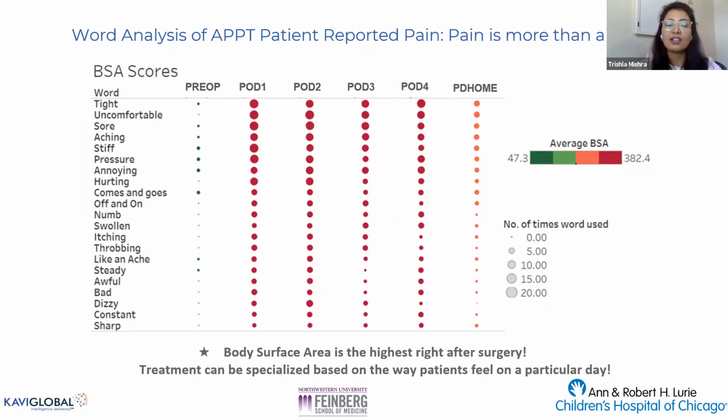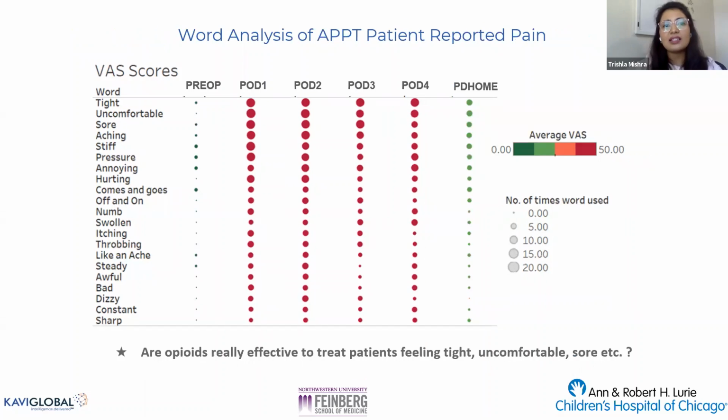And the body surface area has been the least right before the surgery and maximum right after the surgery. And then it only decreases 2 to 4 weeks after the surgery. We did something similar for the next score, which is the visual analog score as well, and we found a very, very similar pattern. The words used, these are the top 20 most frequently used words: tight, uncomfortable, sore, dominating